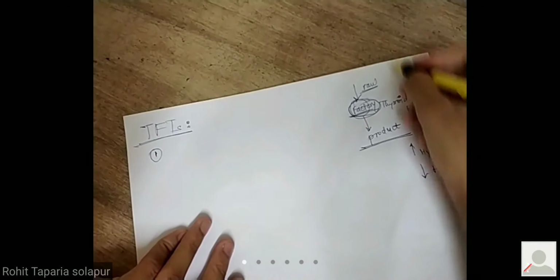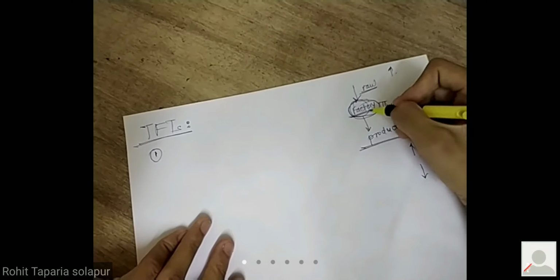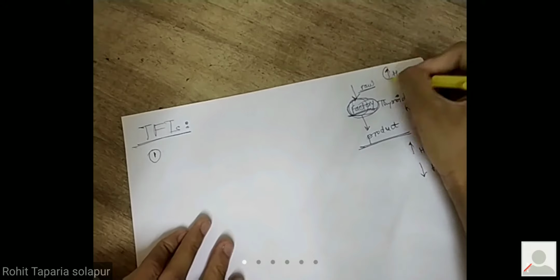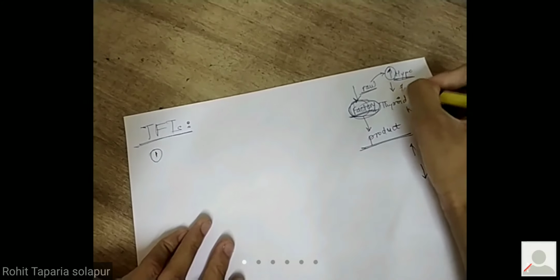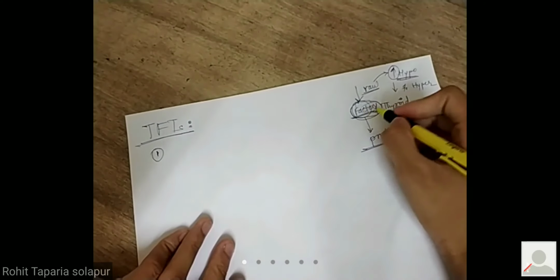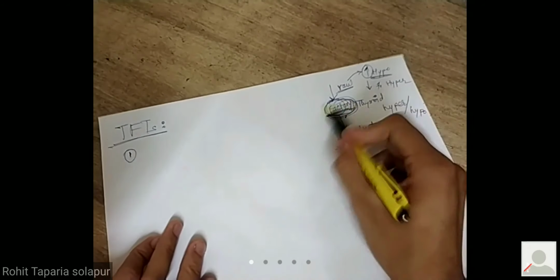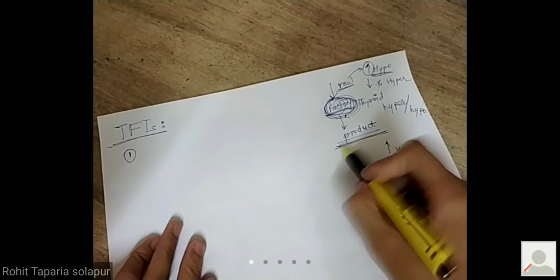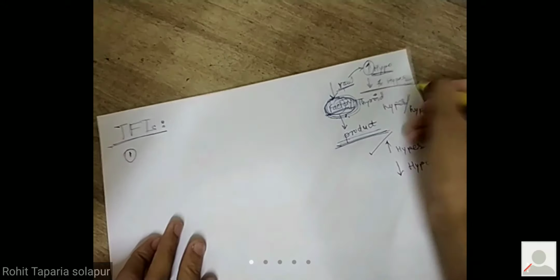If raw material is increased, means what? It is not being consumed, there is some problem in this, that is hypo. Raw material is increased, it suggests hypo. And if it is decreased, then it is suggestive of hyper. Decreased means what? More and more raw material is getting used in this factory. It means that there is a lot of production of the product. So product will increase and raw material will decrease, that is hyper.